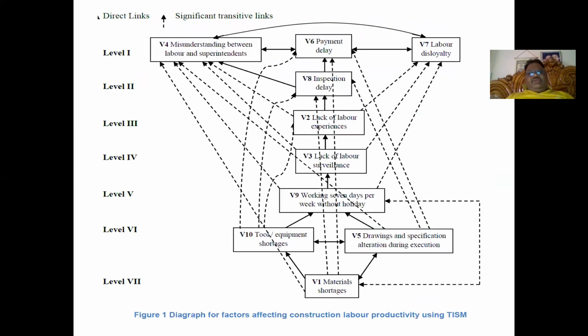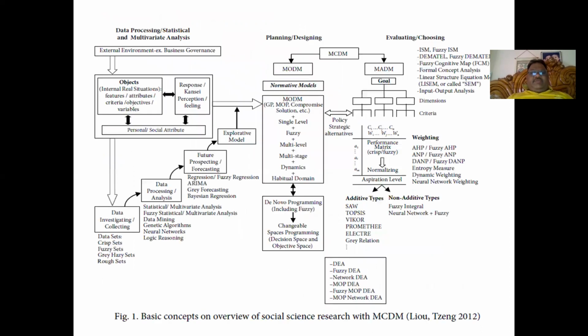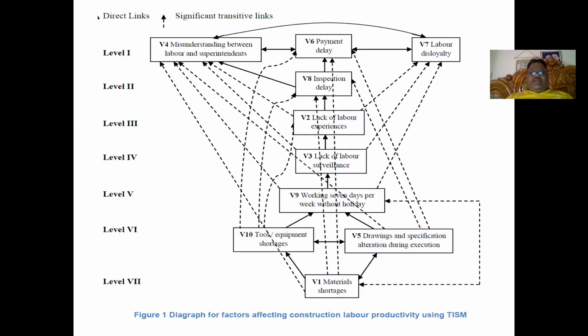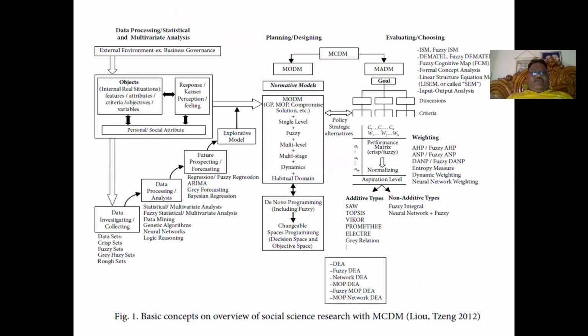This is called the ISM model, an interpretive structural model. It also helps us establish a model based upon your independent variables to find out how we should go about tracking and solving your problem. So we will explain these tools in our coming session. This is called ISM, the interpretive structural model. Basically, these are all the different tools and techniques we use.